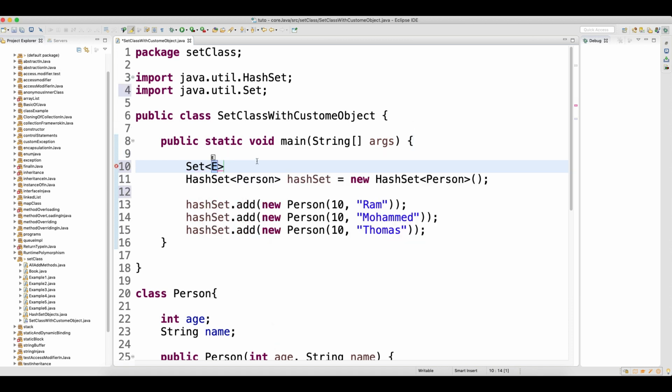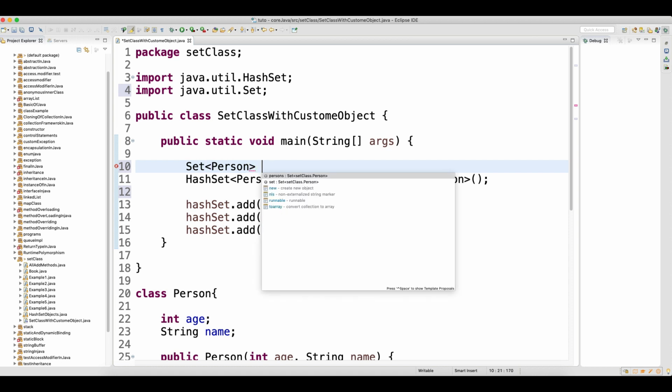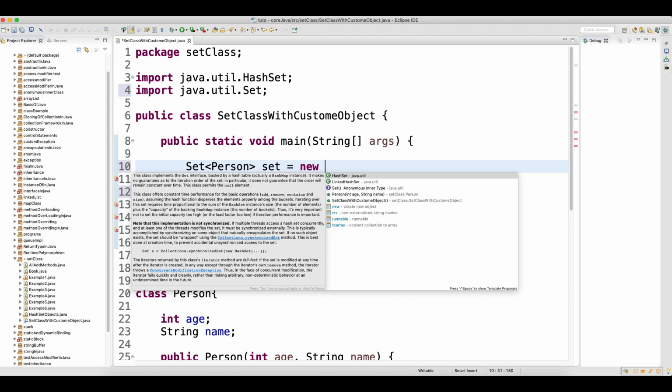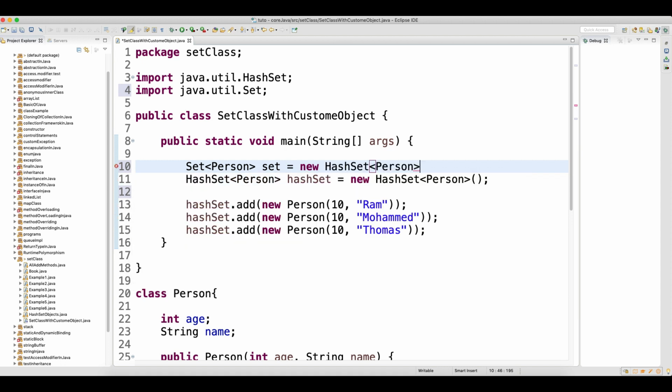Click on that, and here the type of object which you are going to store. I am going to store a custom object of type Person, and then I can just do Control space bar. It will give you the options to create the reference. So click on set is equal to new HashSet, and here you can write parentheses. So this way we can create the object of HashSet.